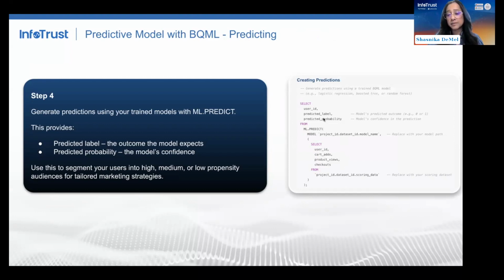What that pretty much does is that it creates two key outputs. It provides you with a predicted label that tells you the outcome the model expects, for example, whether a user is likely to convert or not. And then the predictive probability, which indicates how confident the model is that this person is going to convert.